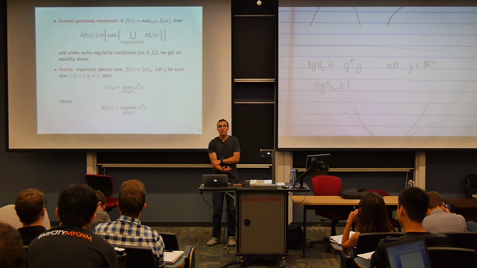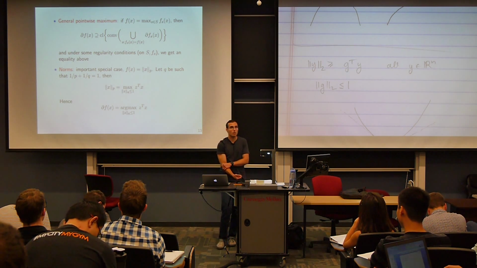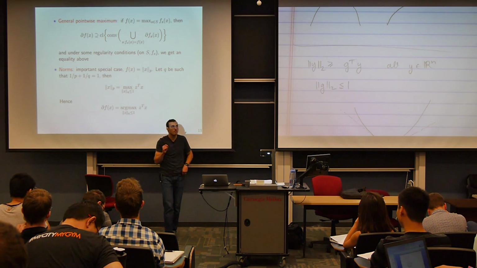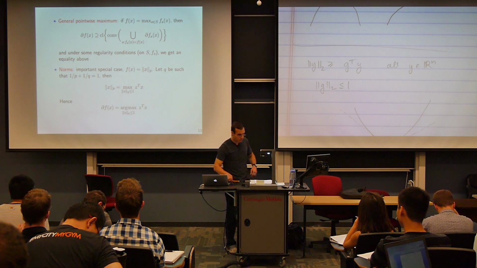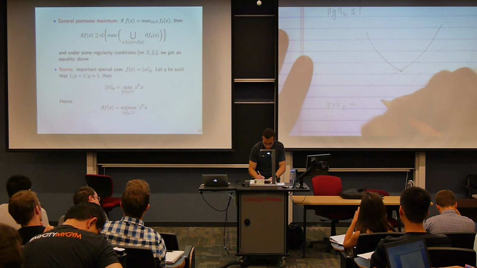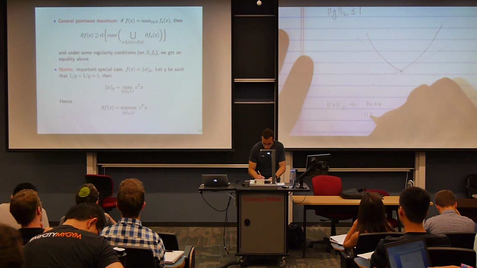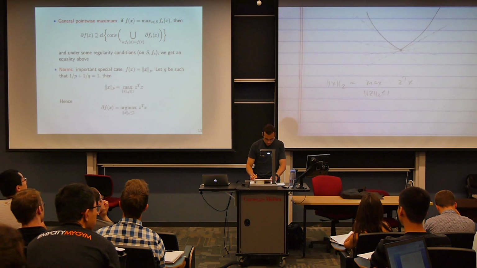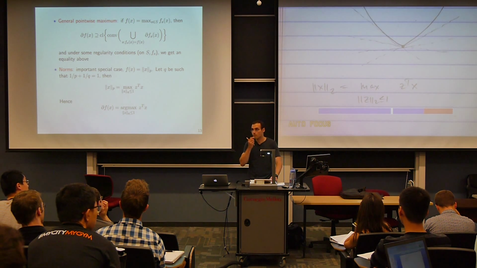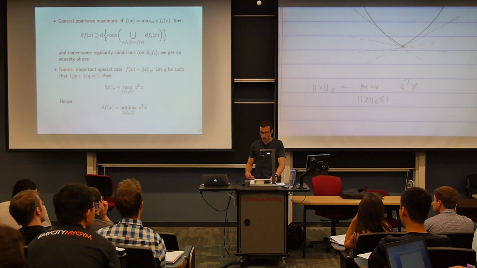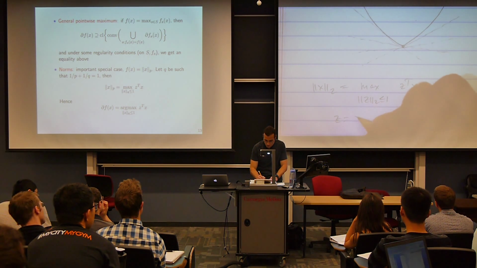For example, what do we have to take z to be in order to get equality here? What does z have to be to make that true? x over its 2 norm. Yeah, right. If we take z to be x over its 2 norm,